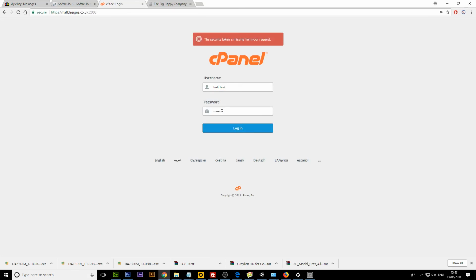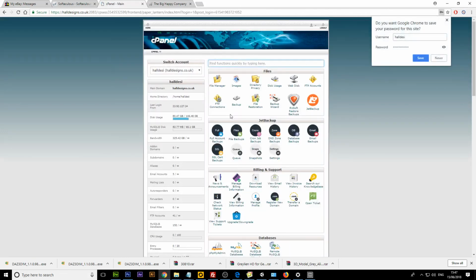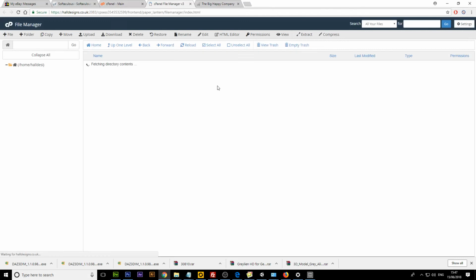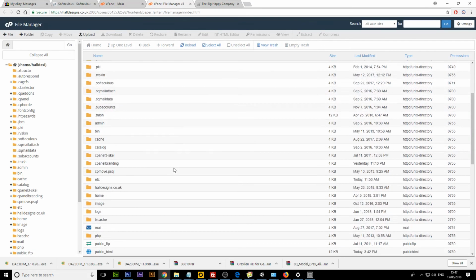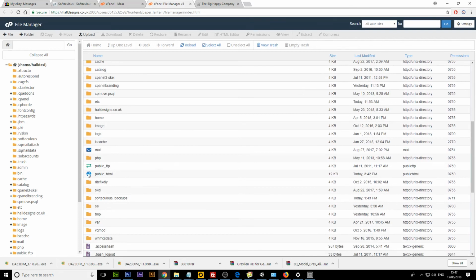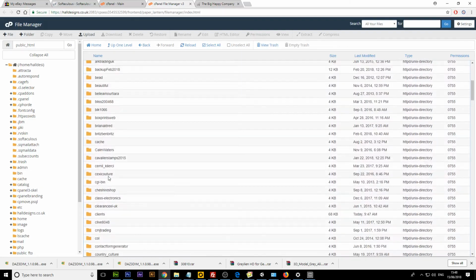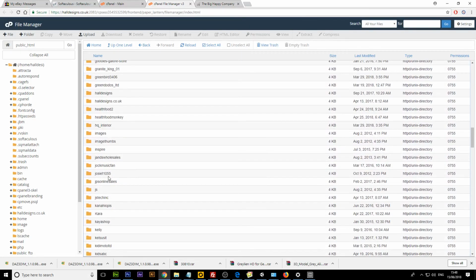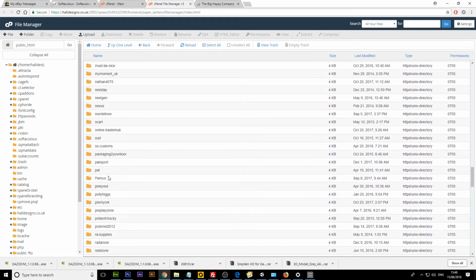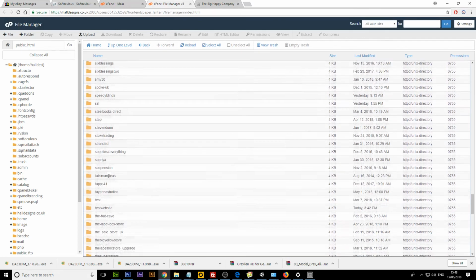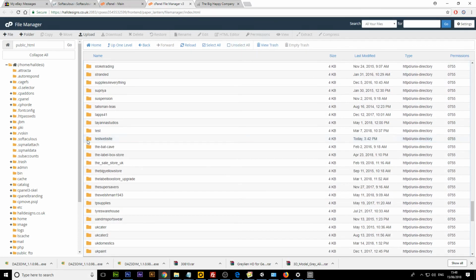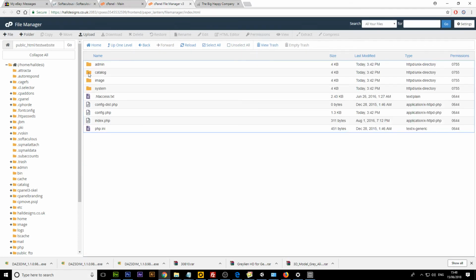We would log in again. And then we would go to File Manager, and we would need to find the folder that we've created, the test website folder, which would be in the public HTML. Remember, you can always go back and check all this. These are the previous ones I've done, so let's go and find the folder we created for this website, which was called test website. And we would need to find what's called a CSS file,